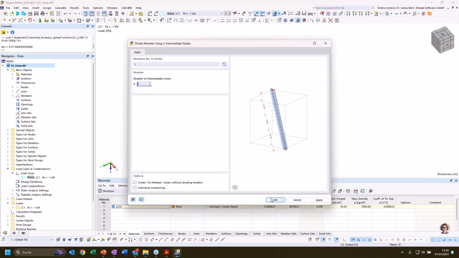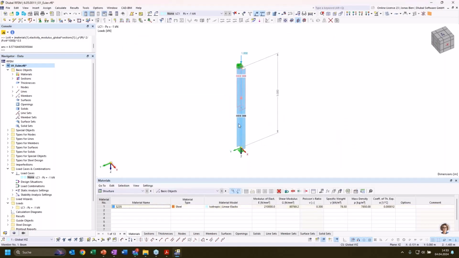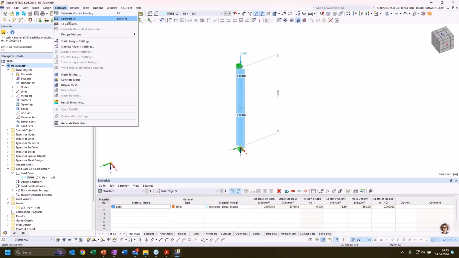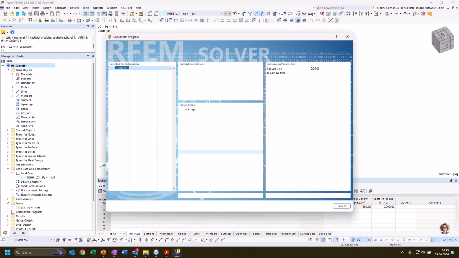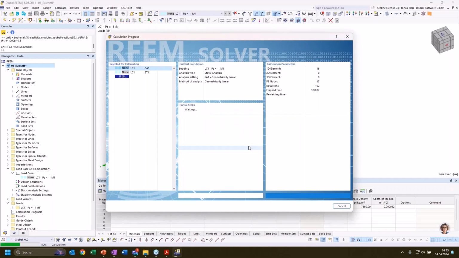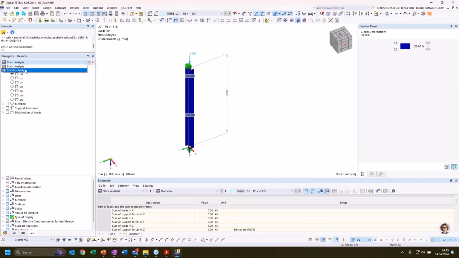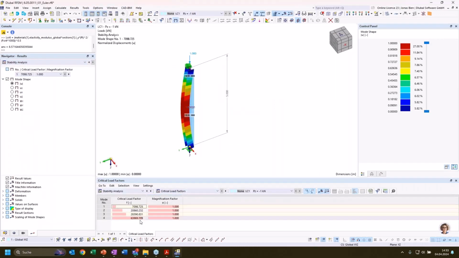I just introduce an intermediate node and divide this one column into two separate members, and again run the structural stability analysis. What does it do with the buckling length? Is it still valid, or does it give me some weird results? Let's see. The critical load factor is still the same as if we wouldn't